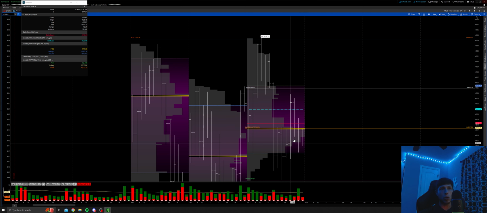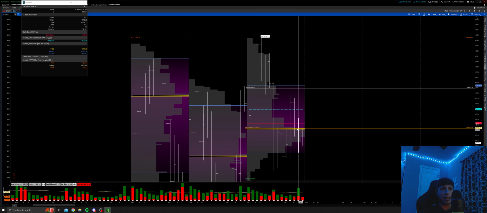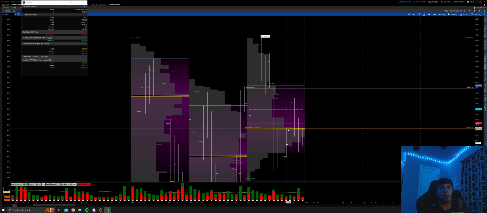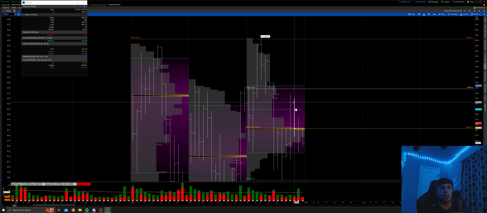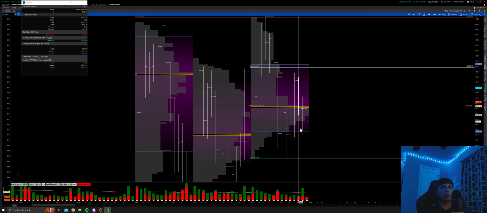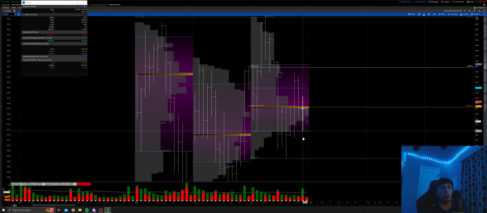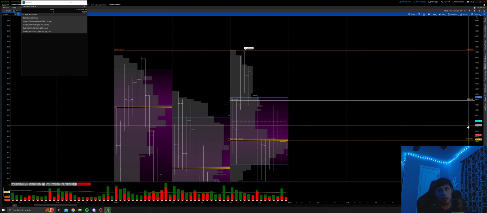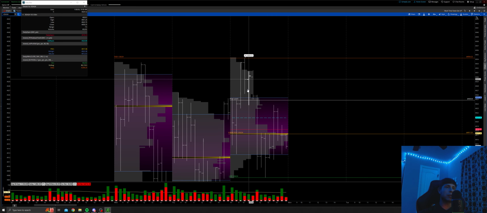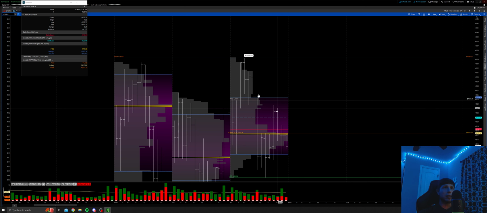So the likelihood of rotating back down to this point of control down here at 17.25 was very good. So you're risking, you get short 22, you're out 24, you're risking 2 points to come back down to 17, 5 points. So you get a really good risk reward trade there. And even if you were looking for the day's low, I mean, you got pretty damn close to it, or at least value low anyway. So good risk reward trades, but having the nuances and understanding, like lowering, raising points of control,